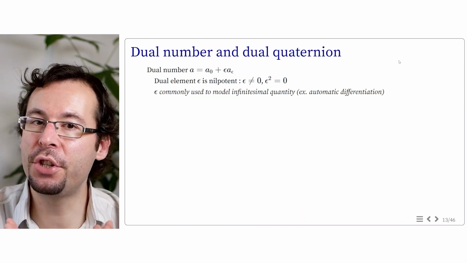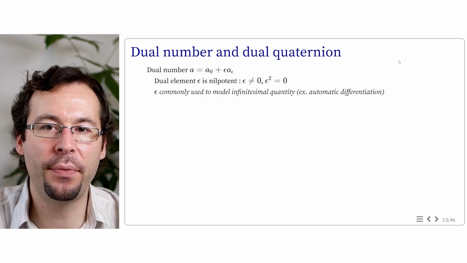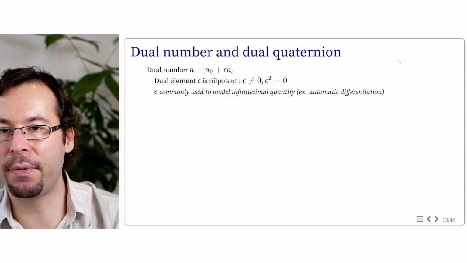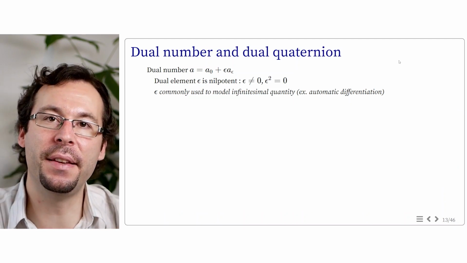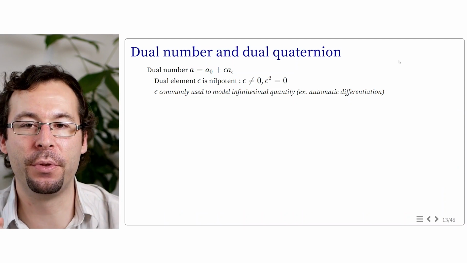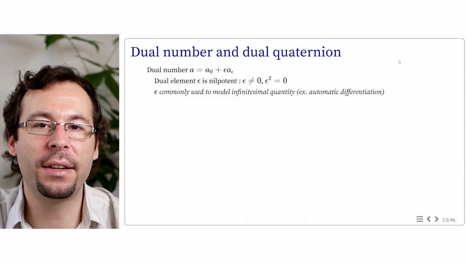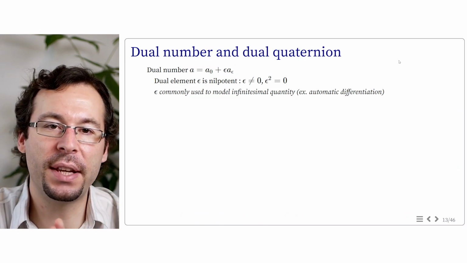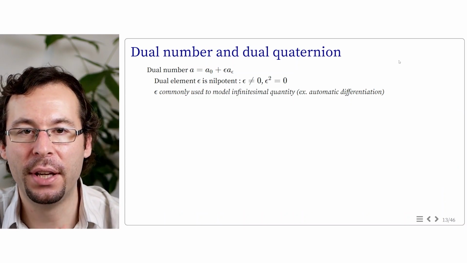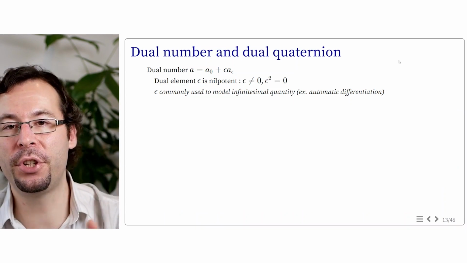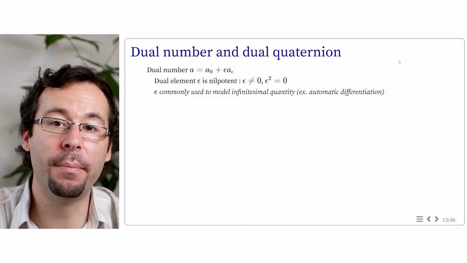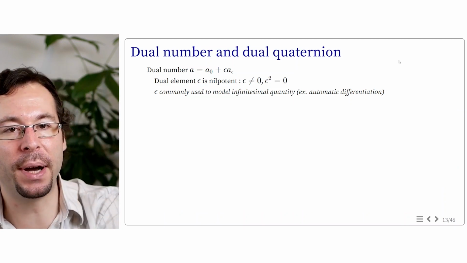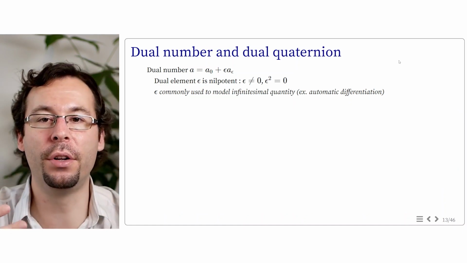This can look strange, but it shares the properties of what we use for infinitesimal quantities. When we have a dx, for instance, we suppose that dx is different from 0, but dx squared can be assumed to be 0. And actually, as epsilon is related to differential quantities, its main use in computer science is in automatic differentiation. Typically, you can find all the laws of differentiation between numbers using this dual number formalization. And playing with that, you will have the value of your number in the real part and the differential component in the dual part.